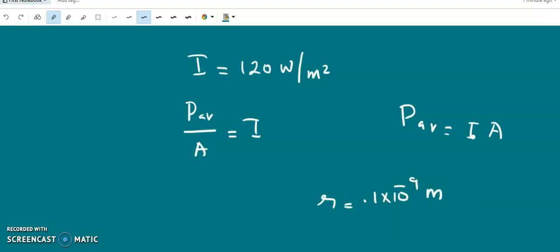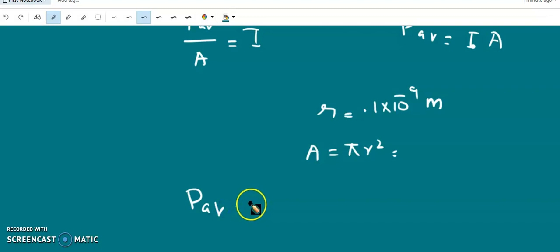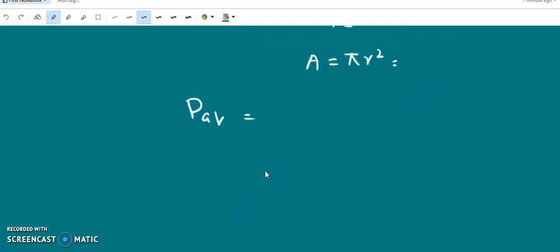So we can calculate the corresponding area, A equal to pi r square. Please calculate this. Once area is known and intensity is already given, we can calculate the average power P AV. And we know that power is the rate at which energy is absorbed. If the entire electromagnetic power is delivered to the electron, the energy is absorbed at a rate equal to the power. So power P average is energy per unit time, E divided by T,